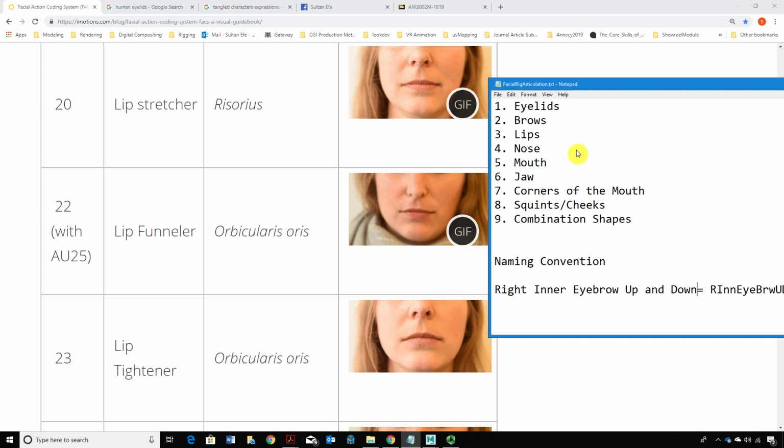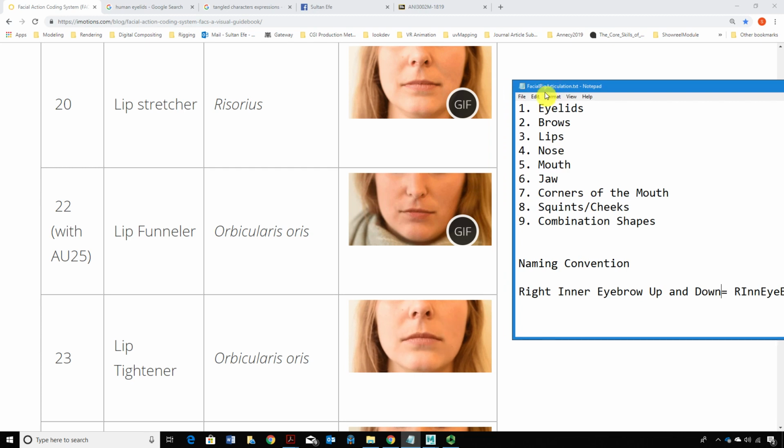Now, from character to character, and also based on your animation requirements, you perhaps want to limit the number of expressions that you want to have, and the character's face might be different. There are some characters where there's not much attention perhaps to the mouth because of the additional elements, things like beards and mustaches and so on and so forth. Or it could be just simply the character wearing a mask, and we may just be seeing the eyes. And based on the character, there are differences. There isn't just one set rule as such. But in any case, it's good to look at some examples to understand the zones of the face and the